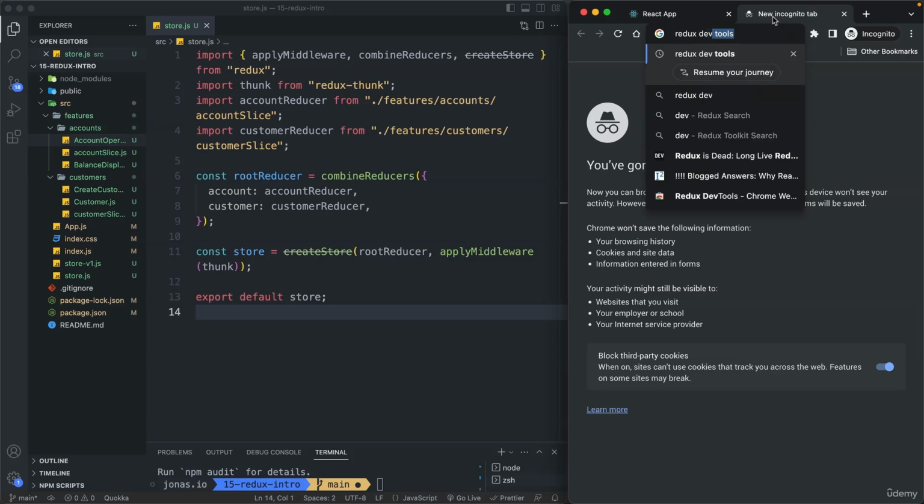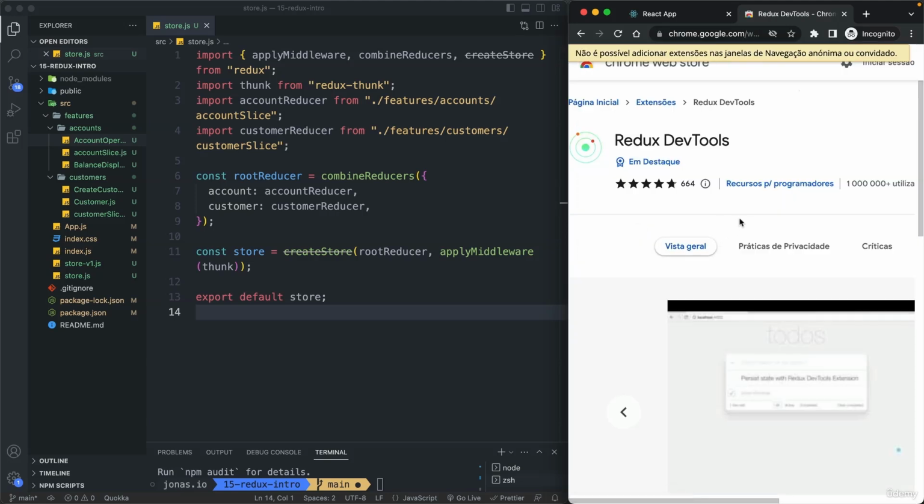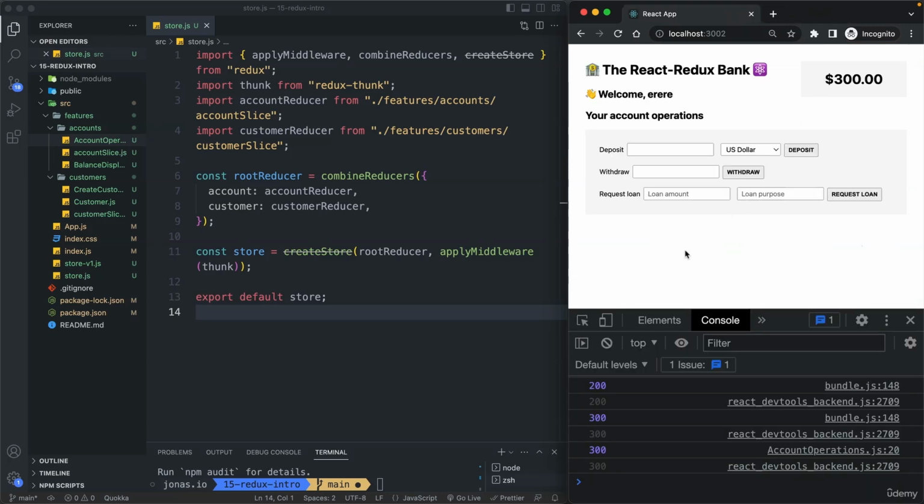So Redux DevTools. And so then it is this first Google Chrome extension. So I already have that installed, but please go ahead and install this one now. So again, just like the React DevTools. Then next up, we actually need to also install the corresponding npm package. And so that one is called npm install